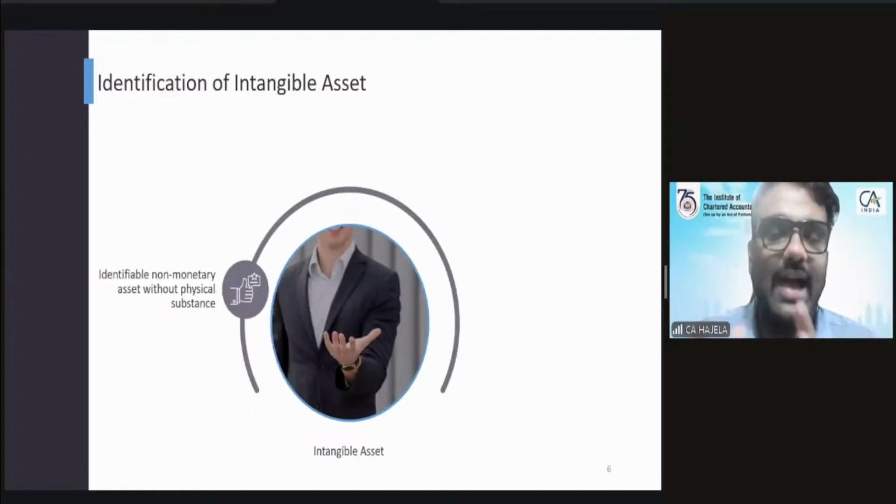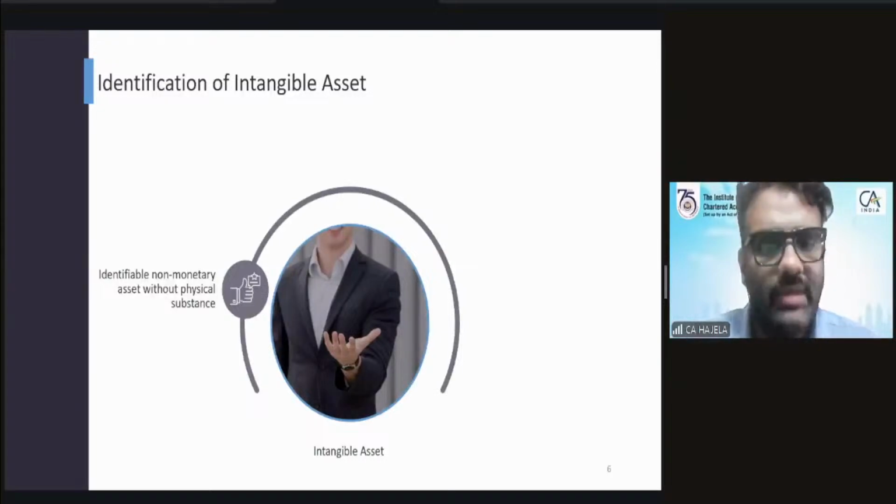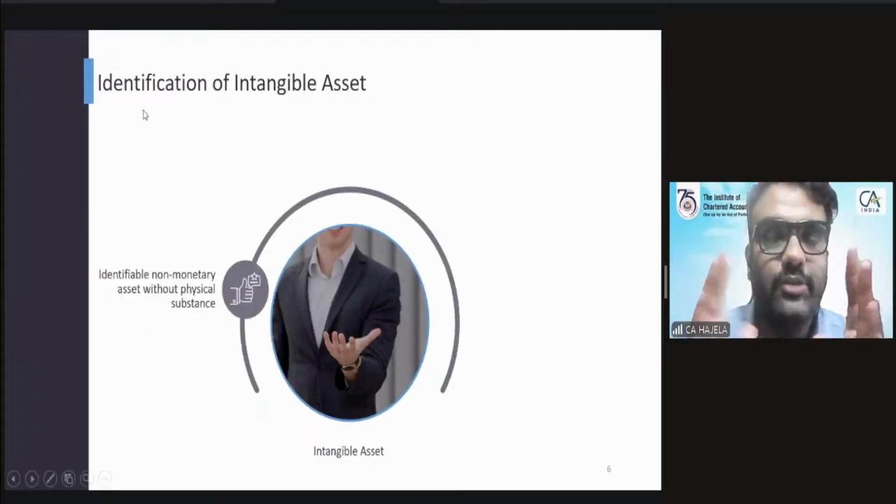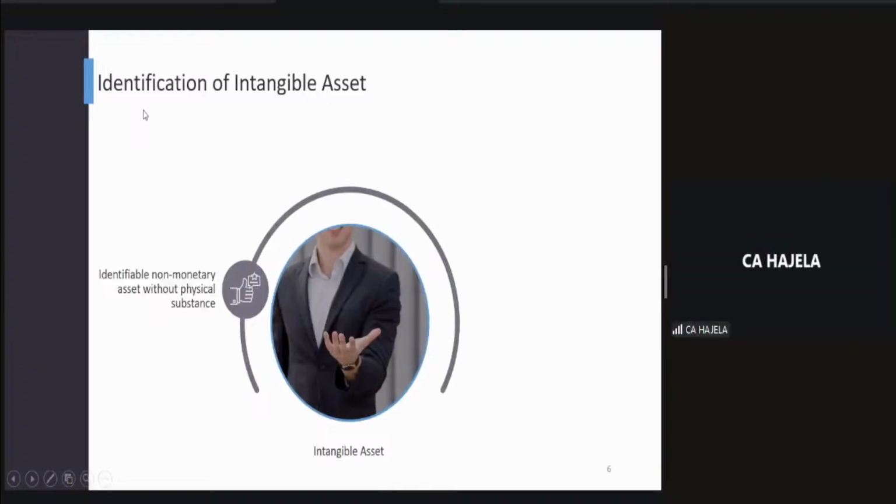A monetary asset means an asset which we expect will fetch us money. Now you may say, sir, I'll sell intangible assets and they'll fetch money. No, not that way. The primary purpose of their existence is getting money. For instance, a debtor: you expect the debtor to come back and give money to you, but that is not the case with your fixed assets or intangible assets. That's why they are identifiable non-monetary assets without physical substance,